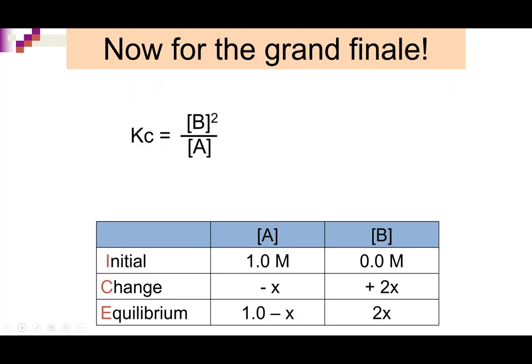All right. So here's our equation for the equilibrium constant. So concentration of our products over the concentration of our reactants. So I'm going to plug in what I know. I know the concentration at equilibrium of B is going to be 2x. I'm going to square that. And I know the concentration value of A is going to be 1 minus x. Right? And I also know the value for Kc. So if you click back a slide, it tells you that Kc equals,